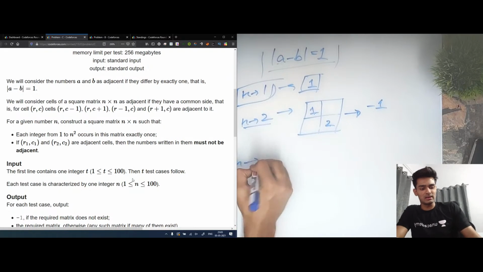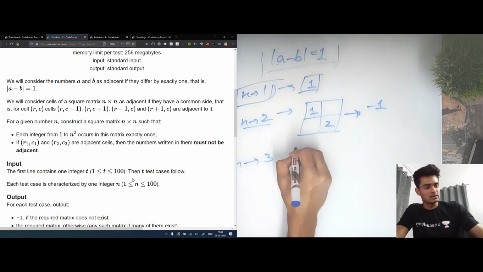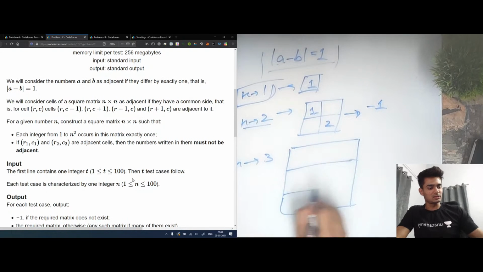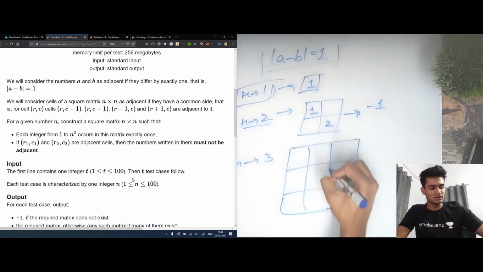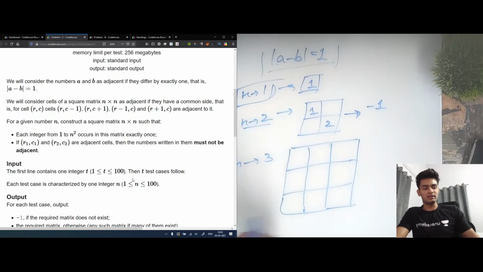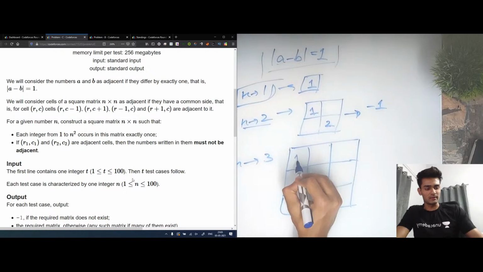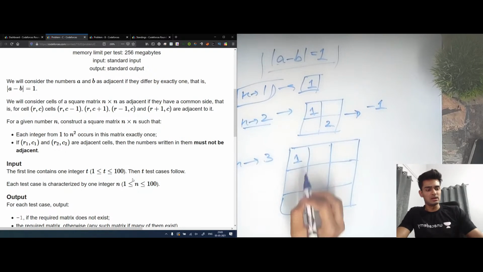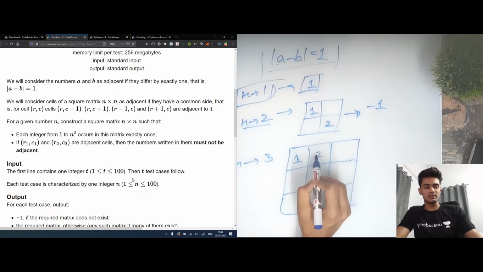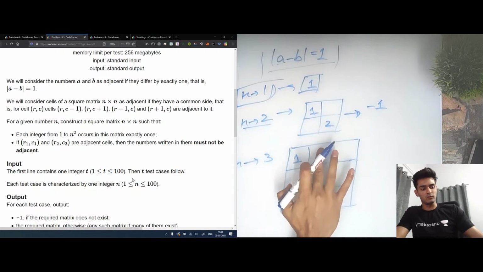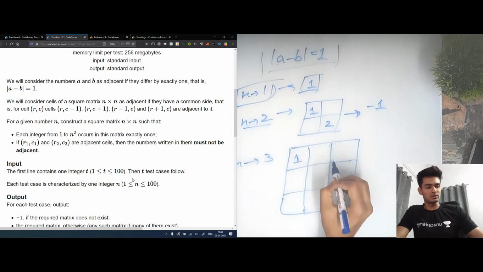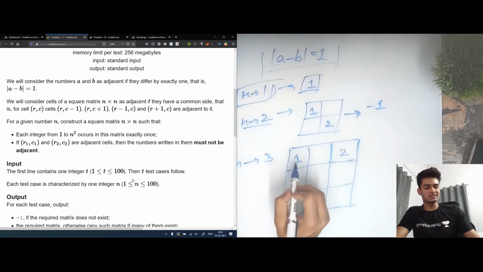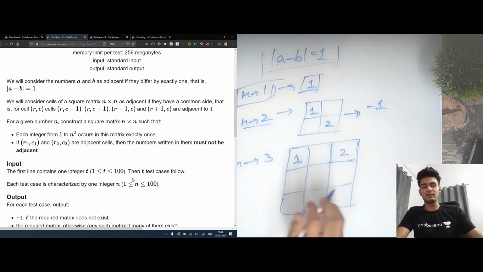Now let's come on to n equals 3. Okay, so let's make a 3 cross 3 array. Now what we're going to do is start inserting the values in the order they can be placed. So let's say we place 1 here. Now which is the next cell where 2 can be placed if we iterate this matrix? If we try to place this 2 here, this 2 will become adjacent to this 1, so we cannot put it here. Now let's talk about this cell. We can put 2 here because this 2 is not adjacent to this 1, and all the other cells are unfilled at the moment.